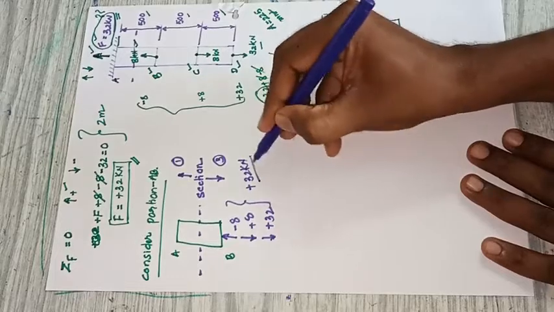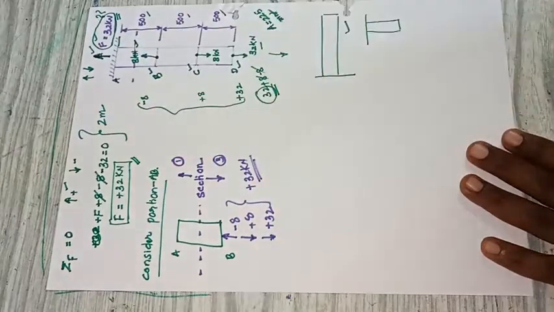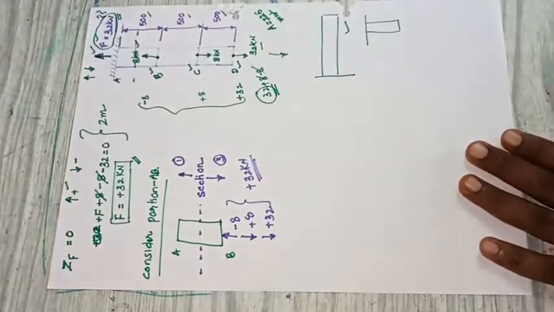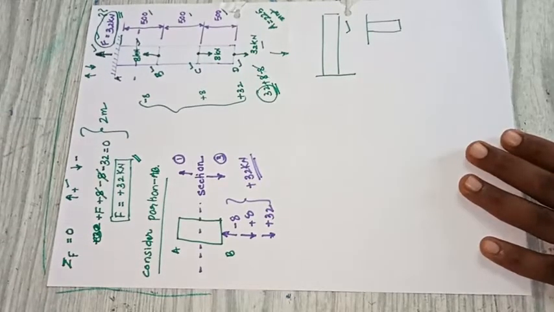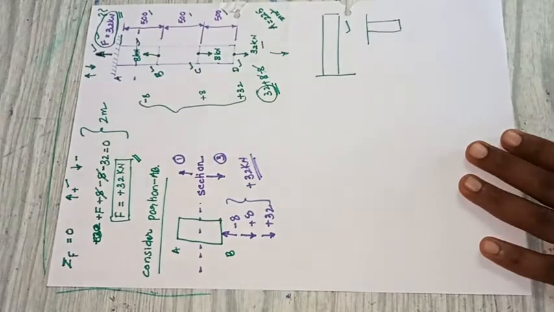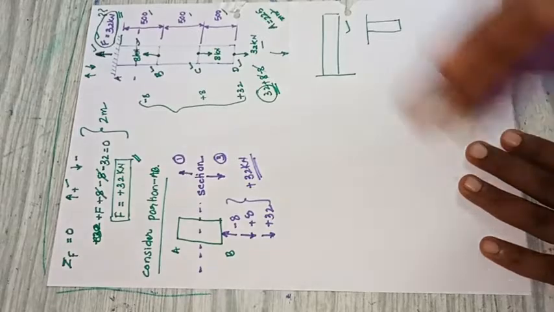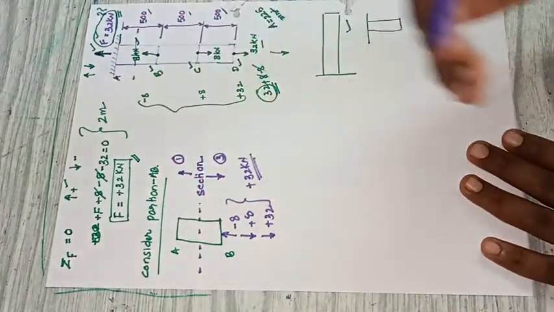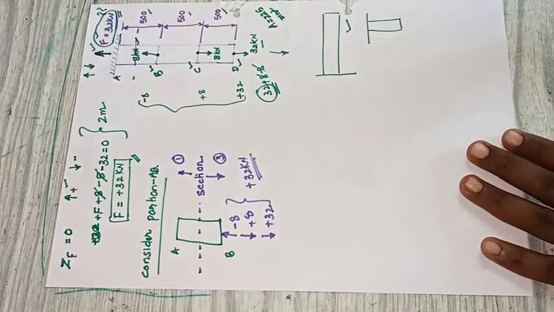So it is a tensile force. It is below the section. How we got the answers in the previous video is that we take a section. After taking a section, we check the right side forces as well as the left side forces. Here, because the bar is vertically placed, we have to take a section like this, and then check the forces below and above.